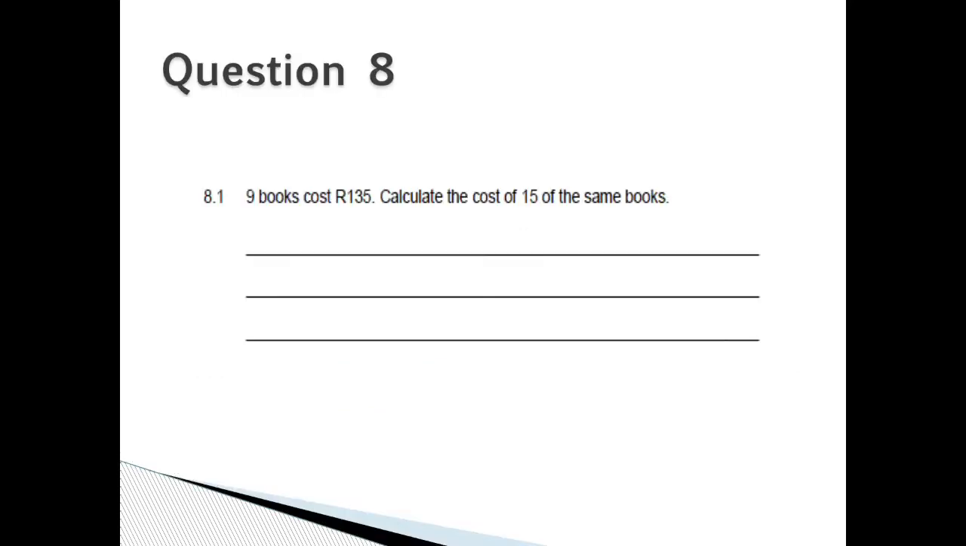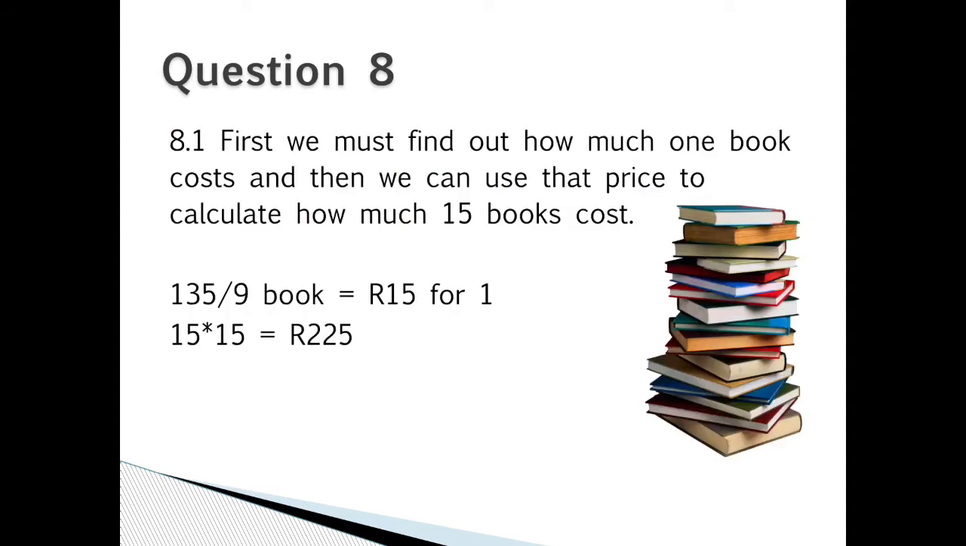Question 8.1. 9 books cost 135 Rand. Calculate the cost of 15 of the same books. First, we look at how much one book costs, and then you use the price to calculate how much 15 books will cost. So, 135 divided by 9 is equal to 15 Rand, so you will see that one book costs 15 Rand. 15 times 15 is equal to